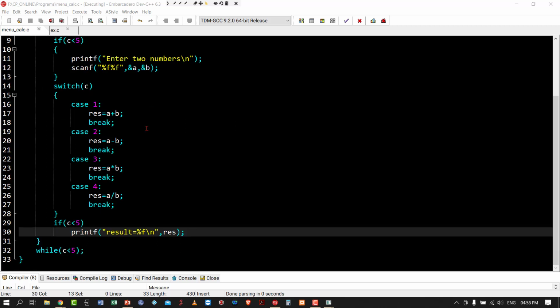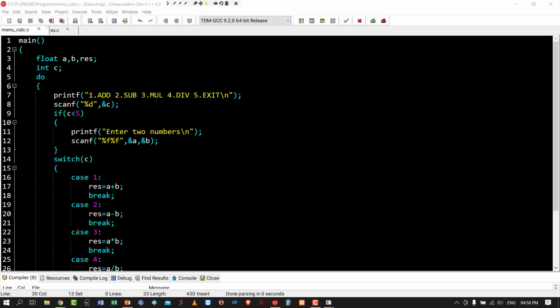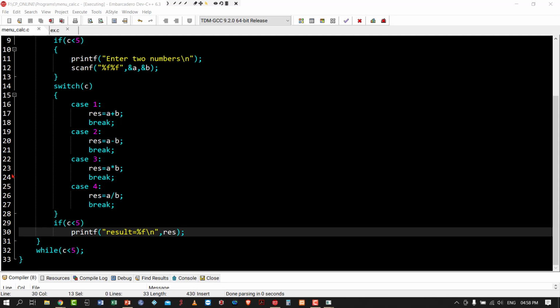So that's why I have given the while condition as while c less than 5. If it is 5, it will not execute these statements again. So when I enter 5, c less than 5 becomes false. That means these statements will not execute again and the program will terminate.